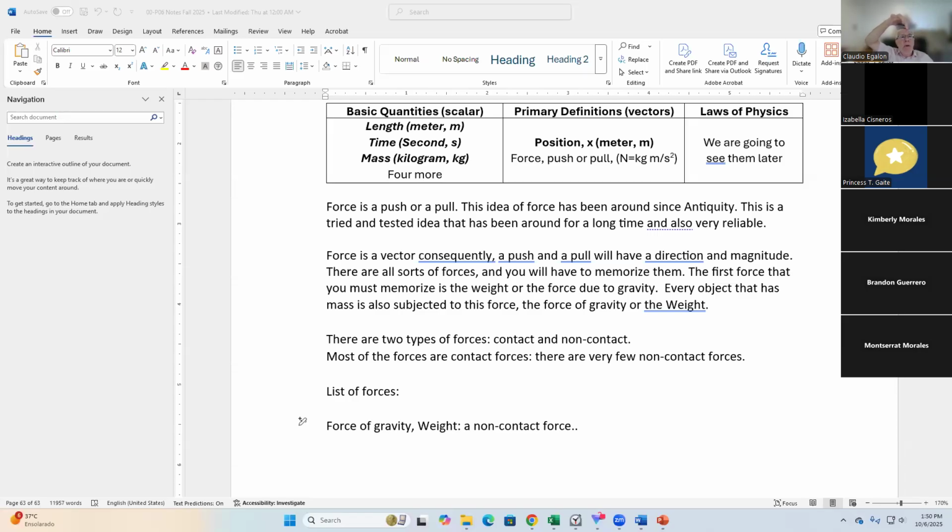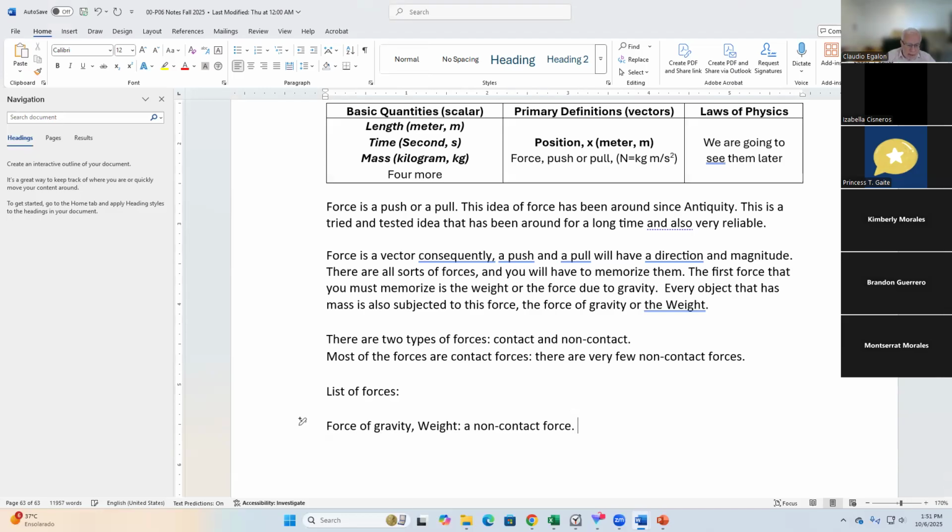But in addition to this upward force, we also have another force, which is the weight of the power pack. It is the force that the Earth exerts on this object. This force is towards the center of the Earth, and the Earth does not have to be in physical contact with this object. An object can be floating or falling in the air, and the Earth is exerting a force on it. Okay, that's the importance of this force.